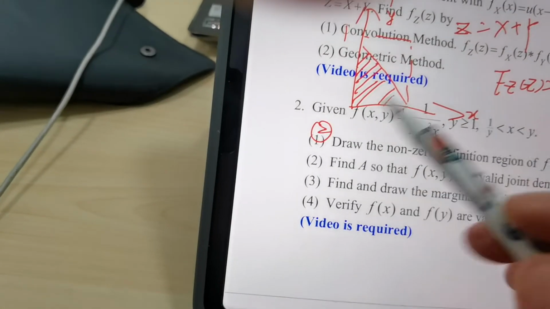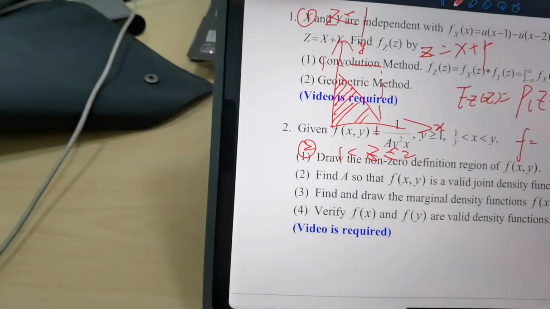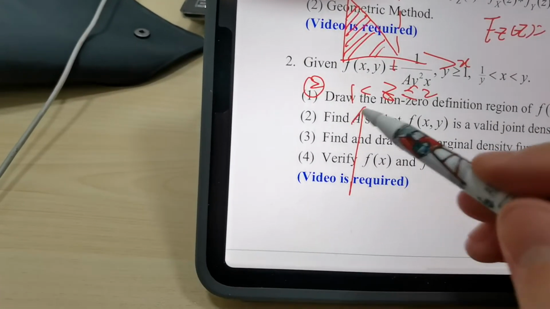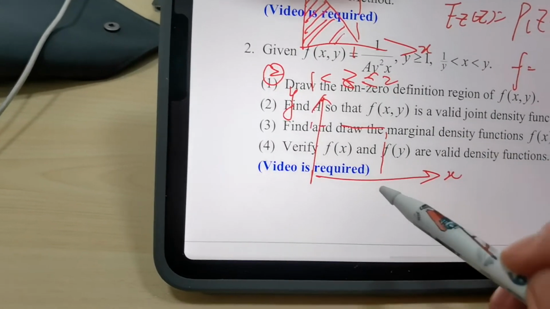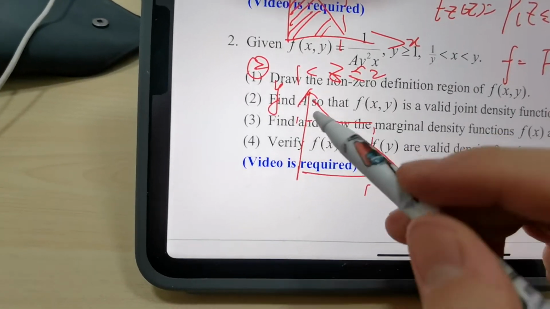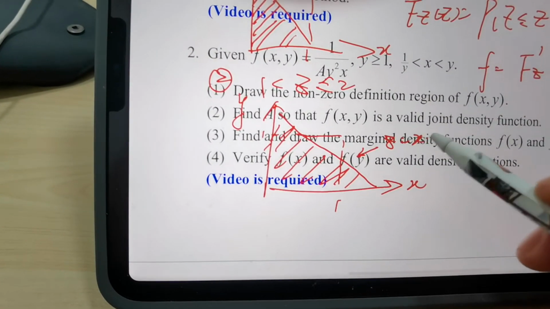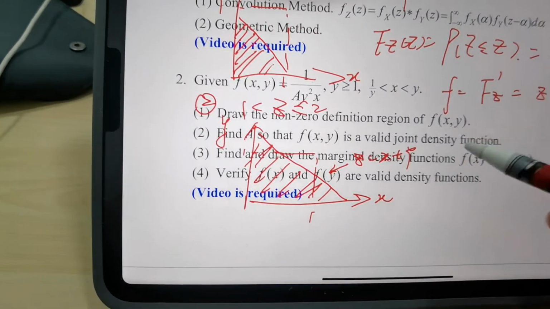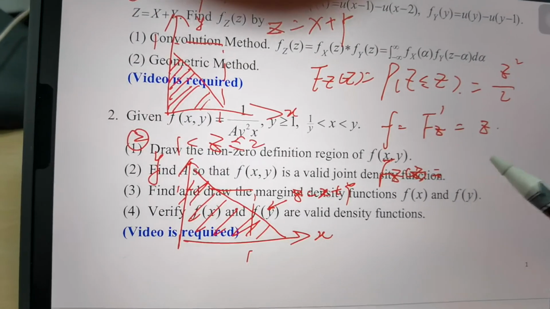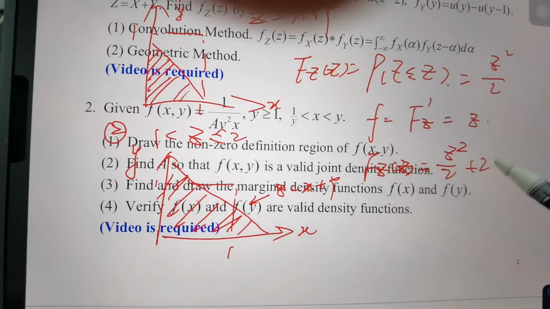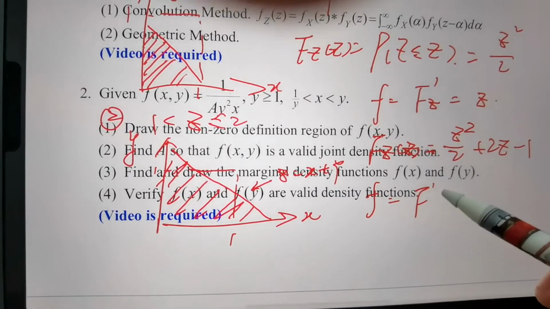And for the next situation, Z is between 1 and 2. We can get the graph here. It is some part out of this square. And this is the line Z equals X added by Y. So we can see this probability function of Z equals here. Okay, and we can find the density function equals